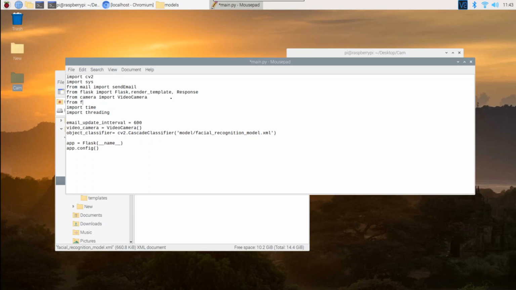So from flask_basicauth import BasicAuth. This will allow us to have that security feature I was talking about. So we'll say app.config and we'll have square brackets, and then we'll type in, all caps, BASIC_AUTH_USERNAME